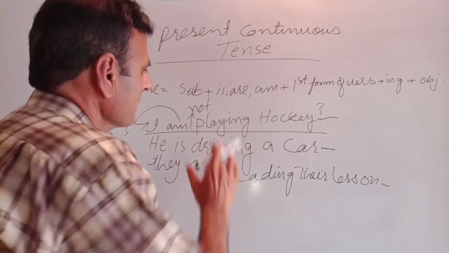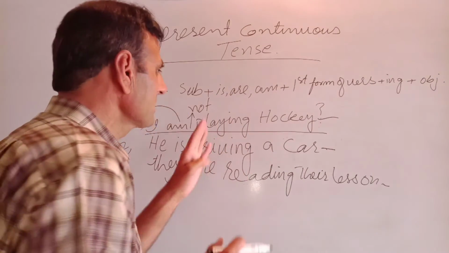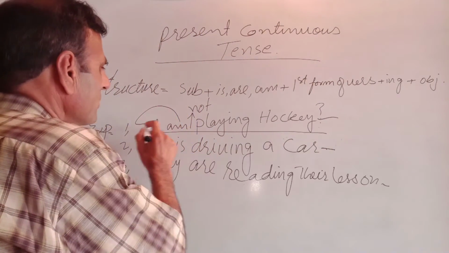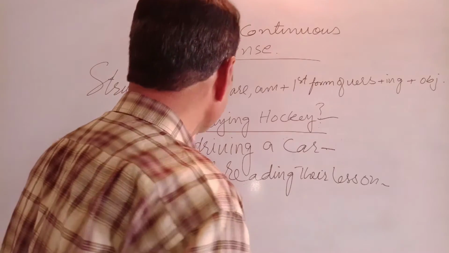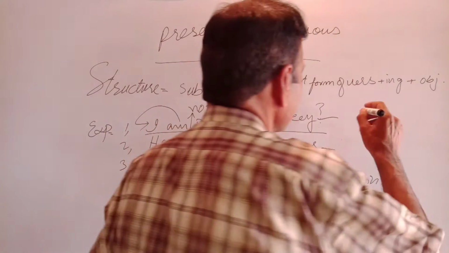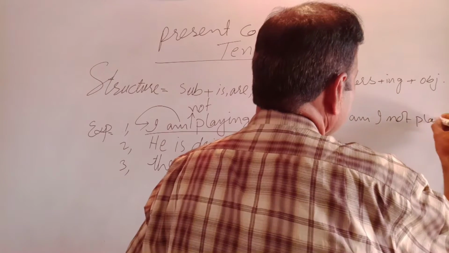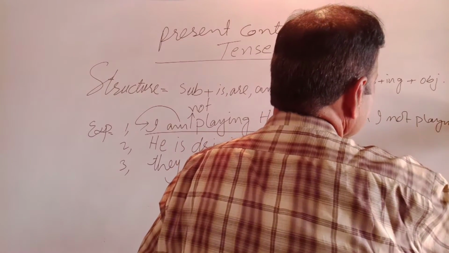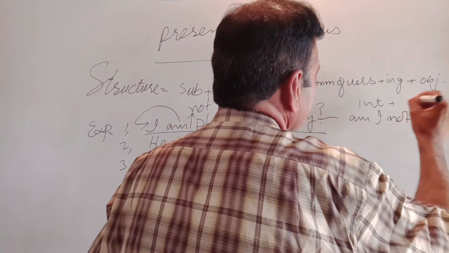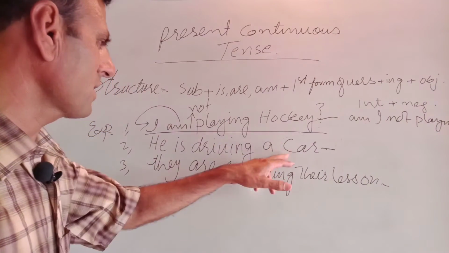affirmative, interrogative, and negative. Now on the third number, there is one other kind of the sentence that's called interrogative negative. Interrogative negative, I am putting am here and not here. I am using both am at the start and not in the middle of the sentence, which becomes, see here, am I not playing hockey. This is the fourth kind of the sentence, interrogative plus negative. Okay,